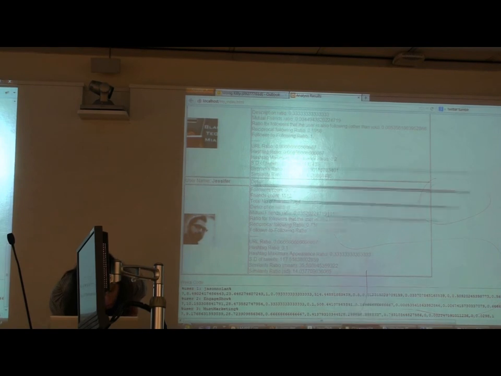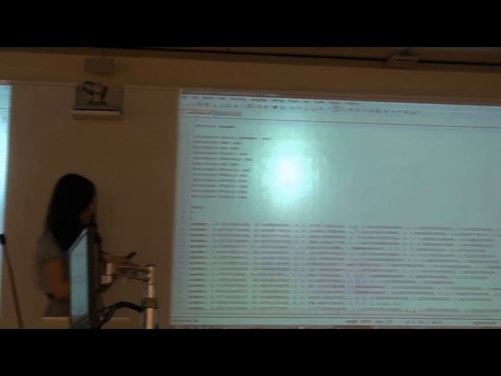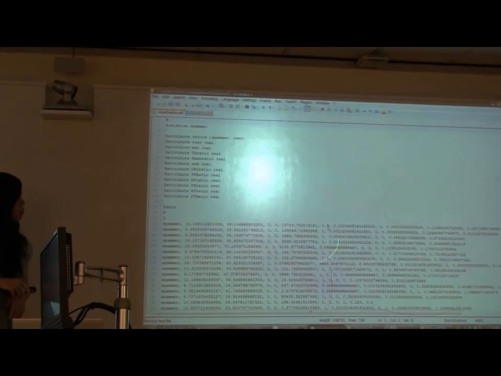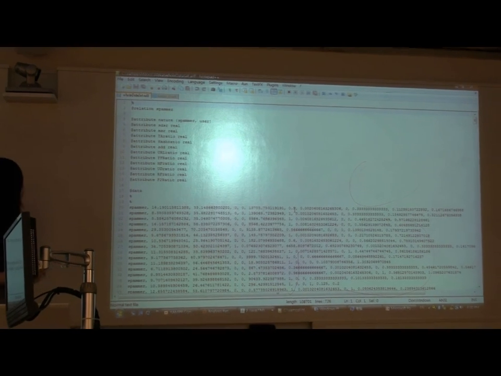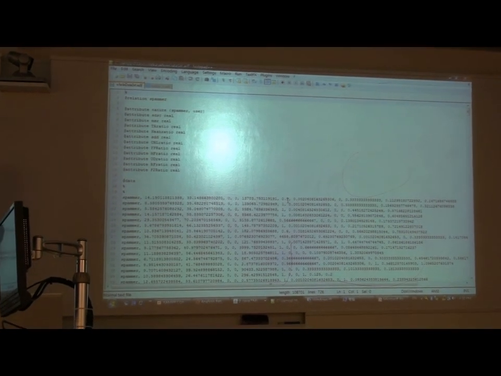So these will be the ARFF file that I used. I've removed the comments so you can see more clearly. In the beginning, I have to name this relation. For example, I name it spammer, and there are different attributes.